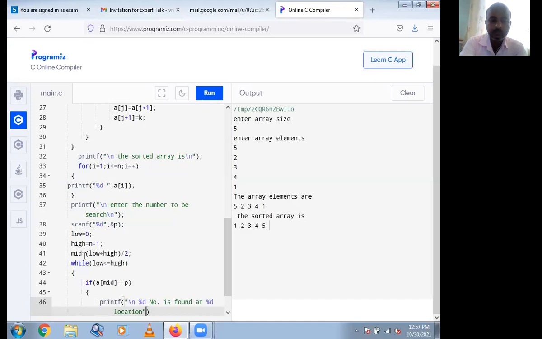So the first %d is for p and the second %d is for location. Location is mid plus 1.